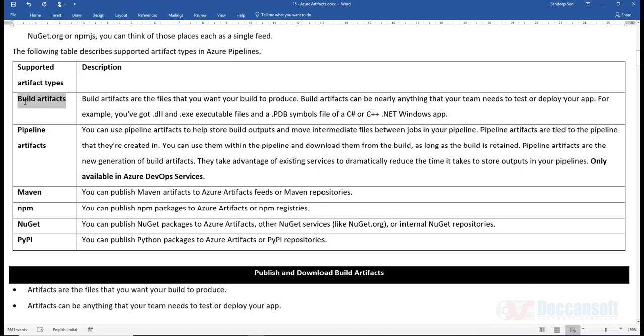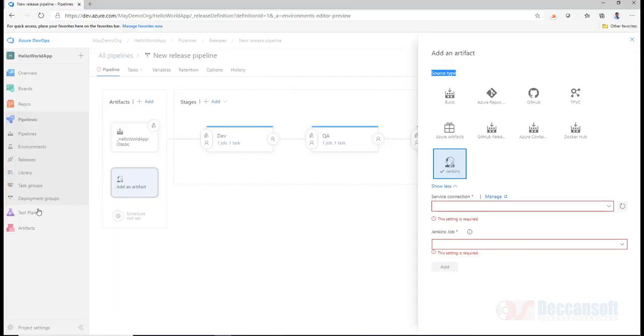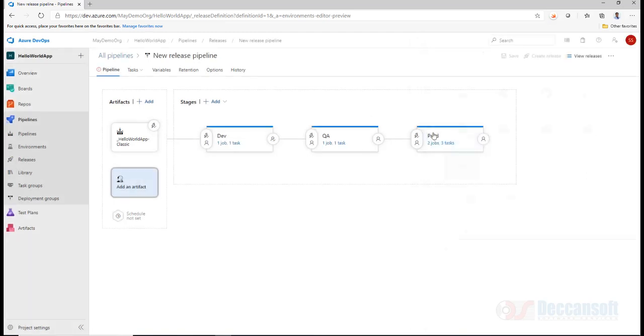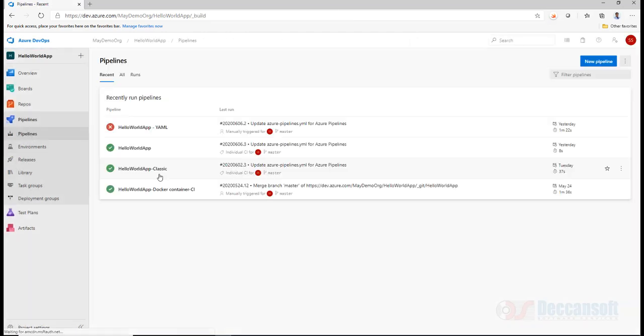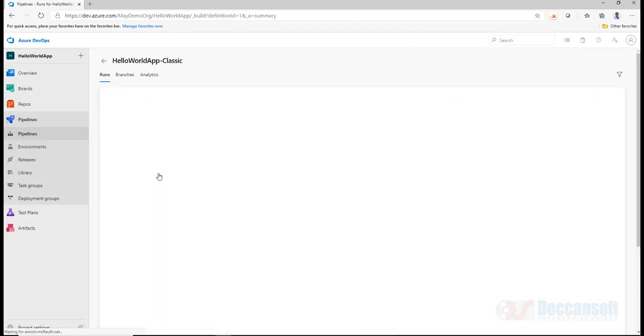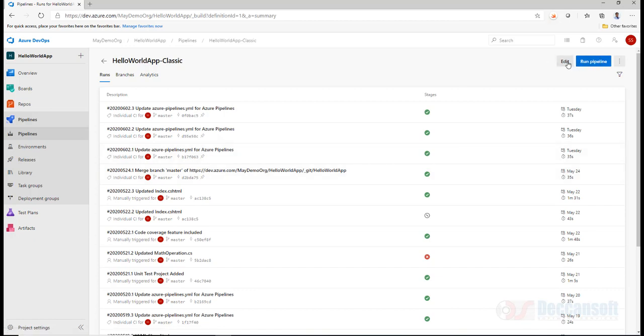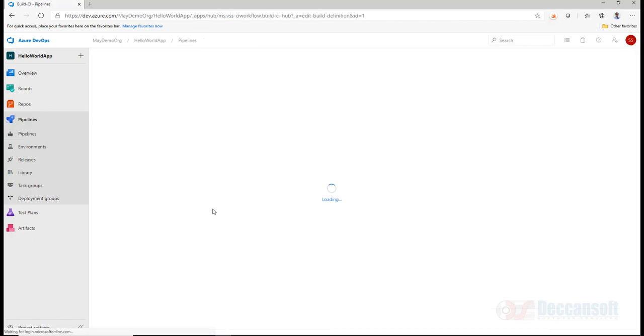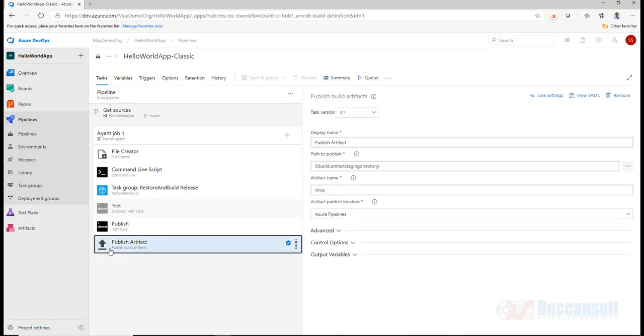So yes, we have got build artifacts. We have been using this from the beginning. These are build artifacts. So if I take you to a pipeline, any pipeline, the output generated by this is a published build artifact.